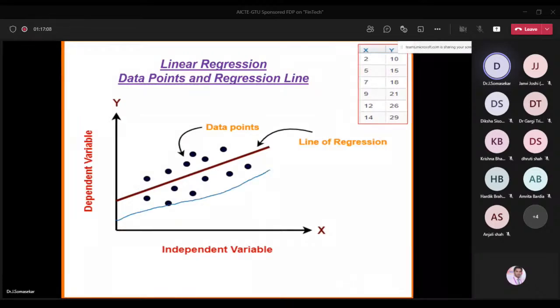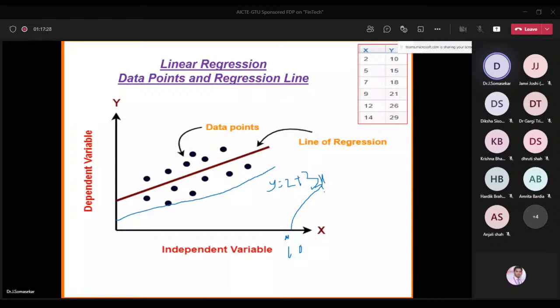Let us assume the regression model looks like y equal to 2 plus 3x. So here y is nothing but 2 plus 3x. If some data point is available, let's assume x is 10, and I am looking for the value of y corresponding to x equal to 10, then we substitute this x value and we can find it. That means it will touch this point on the regression line. So based on that we can predict.